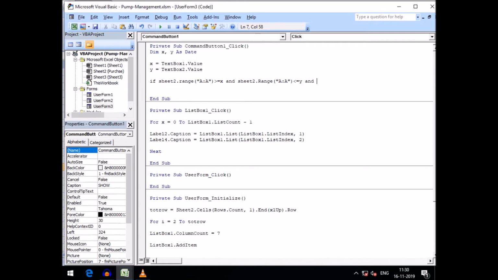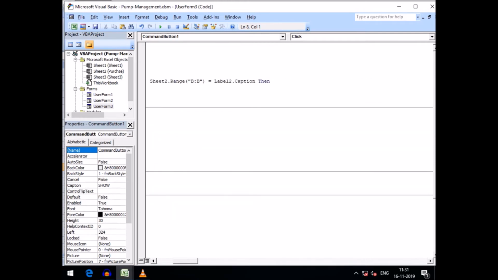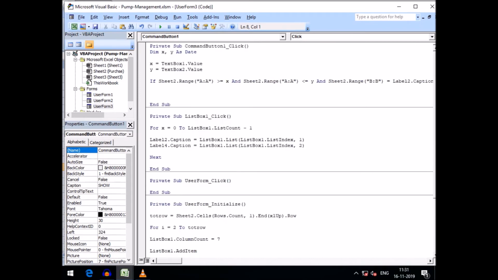and I want another condition, that if the product ID displayed in label 2 is equal to the product ID located in our Sheet2. So for this, friends, Sheet2 dot Range, this is our B column, where the product ID will be found in Sheet2, is equal to label 2 dot caption. If this condition is matched, then I type Then here, friends,